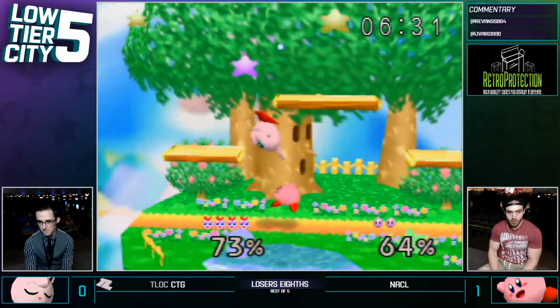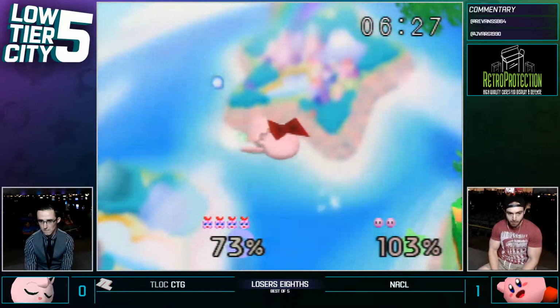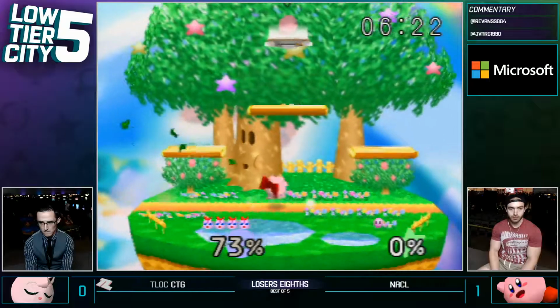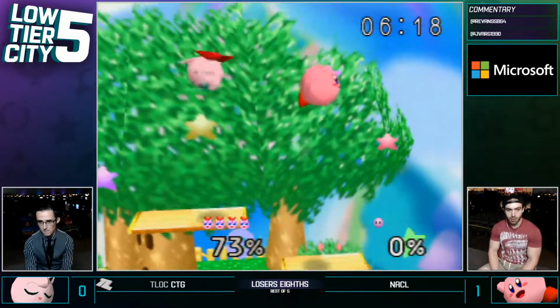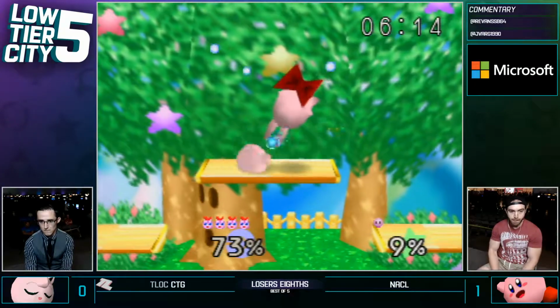CTG controlling top platform again really well, and that allows him to land that scary down air. Yeah. And not even needing the rest there. A neutral air, great turnaround so far from CTG. He's yet to lose a stock here. Yeah, the last game was a 3 stock for NaCl, right? Yeah, it was. Now the percentage